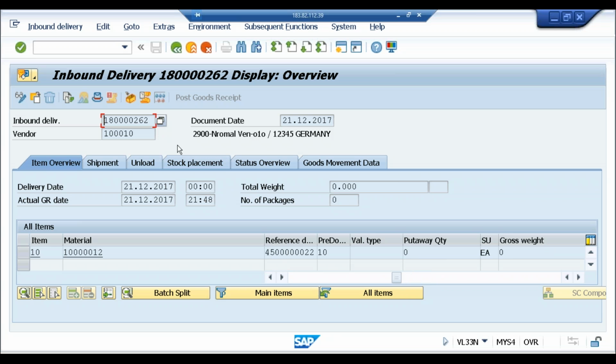Once we have created the inbound delivery, in the inbound delivery the system will have the plant and storage location combination. You can see here 2900 ROD1. The system automatically will pick this one. So, plant and storage location combination 2900 and ROD1, as we have done the configuration. In the configuration, when we have done,